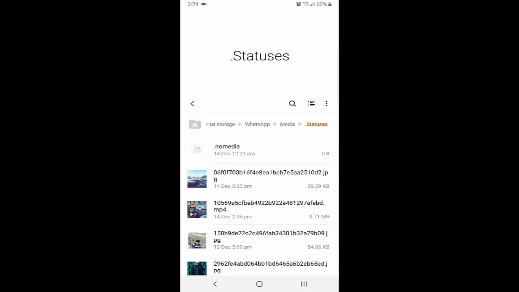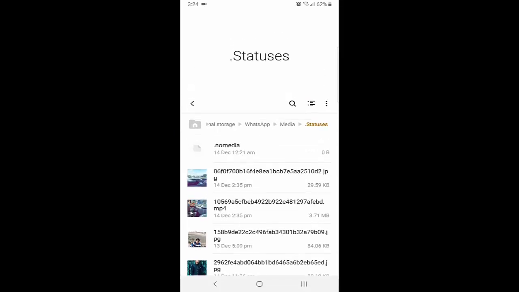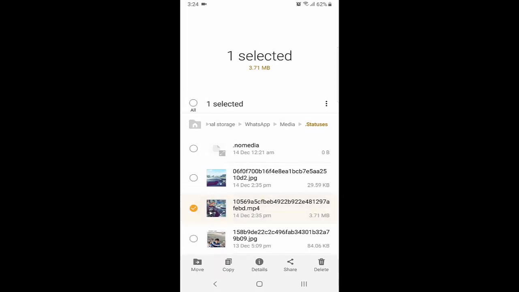But now what we have to do is change the file location. Suppose I am interested in saving this video. So I just need to move it from the temporary folder to a permanent folder. So when I click on it,